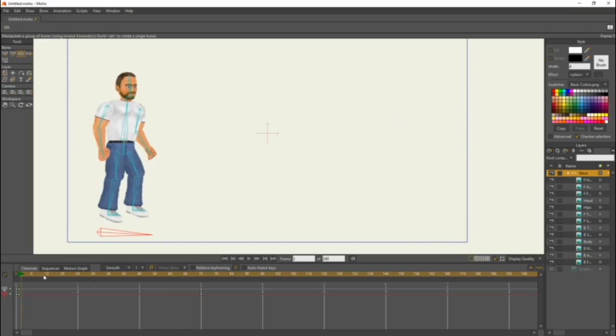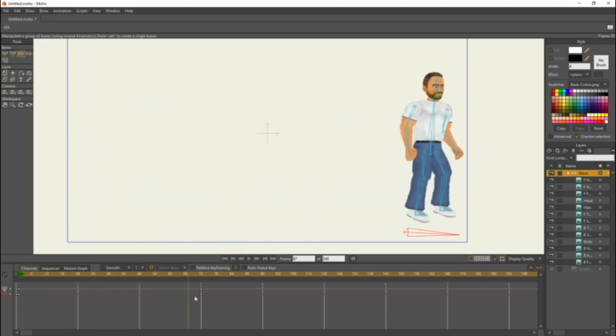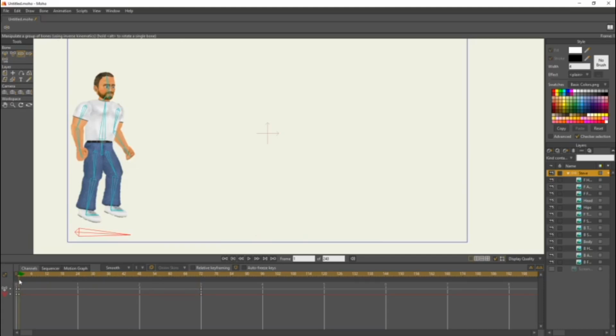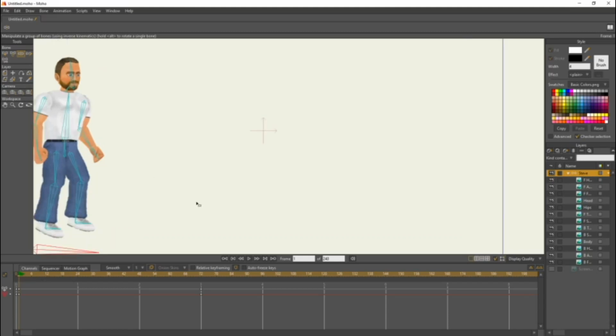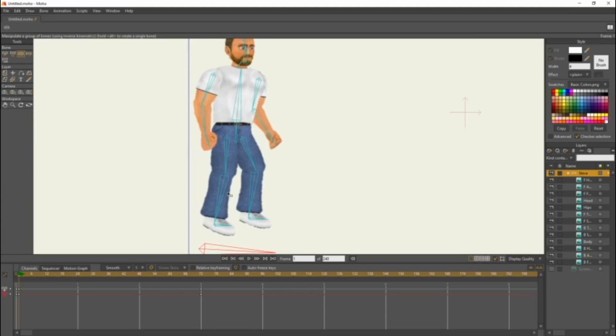Now, he just slides there right now, but we want him to look like he's walking over there, right? So we're going to have to make a walk cycle. Maybe I'll do a full walk cycle right now. I will. So, how to start a walk cycle? Basically, we're going to zoom into our character. And you're going to make him look like he's in the middle of walking. Or, we'll probably start when he's not walking. So, we'll make him start like this, like he's standing still.